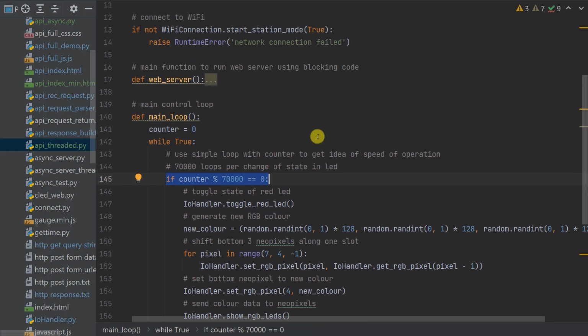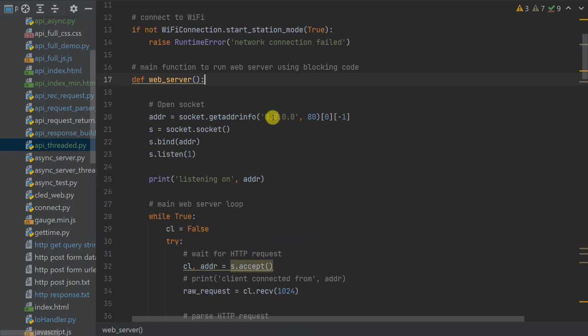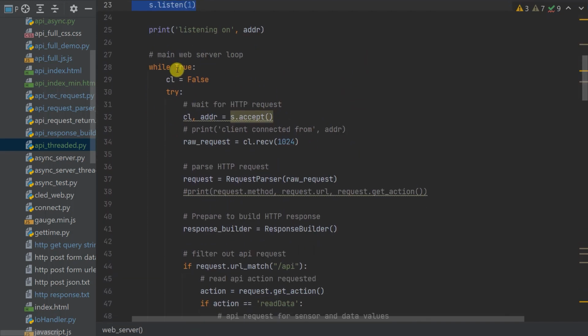So if we then come up to our web server, again, as I said, this is pretty much identical to our previous blocking web server, and in fact it is exactly the same code. So again, our Wi-Fi connection has been established at this point up here. We're then opening up a socket and binding to it at this point here,